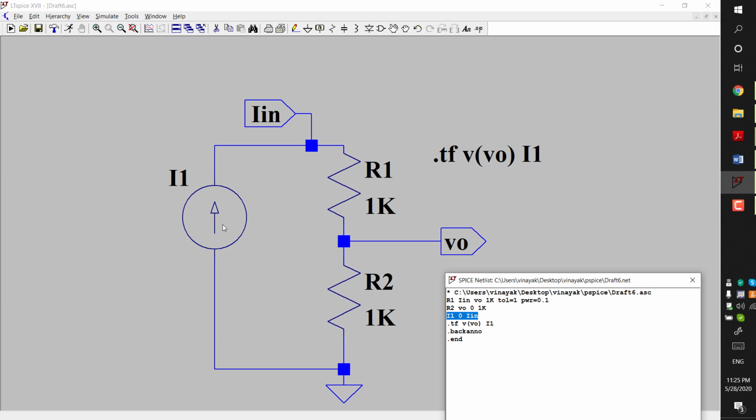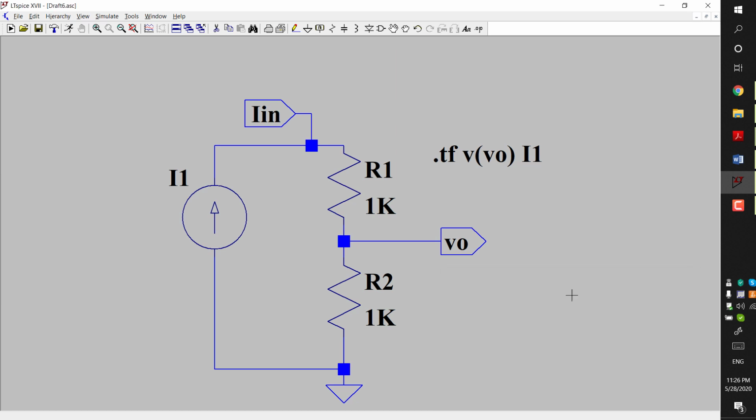arrow is upward. If I change the direction of this current source by Ctrl R as shown before, so if this arrow is downwards, it means the current is flowing in this direction, and this netlist will get modified such that it reads I in and 0. Okay, and then there comes the transfer function command .tf as before, and the final command is .end. Okay, so now we are interested in what is going to be the output divided by input,